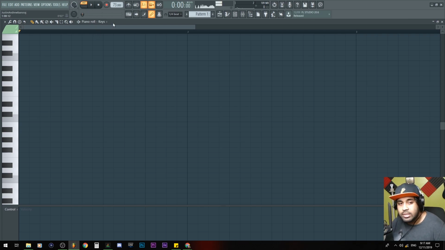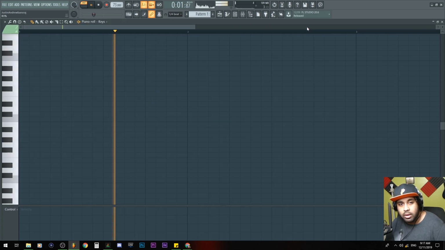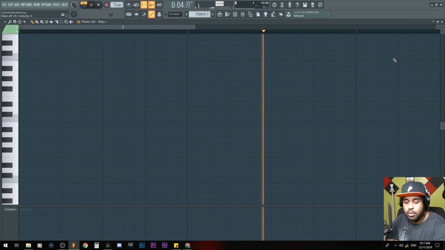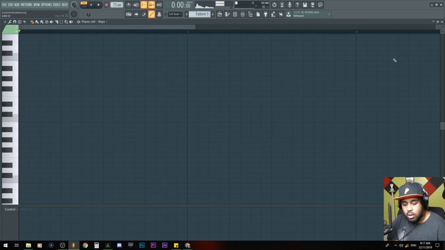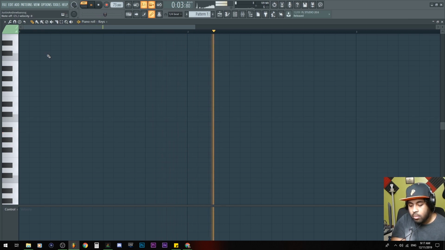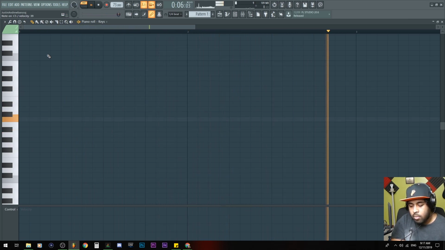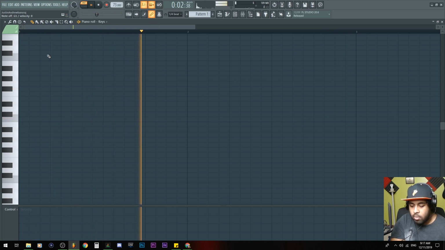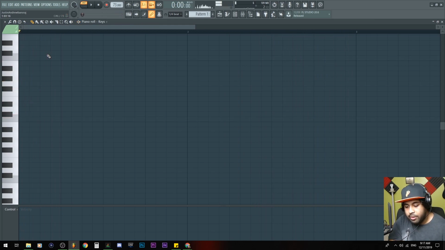So if you hit play and then press on the keyboard while you're highlighted on this, and we're in the piano roll, you'll be able to play the keys and create a melody that you have in your mind. I don't know, that's what I got in my brain.